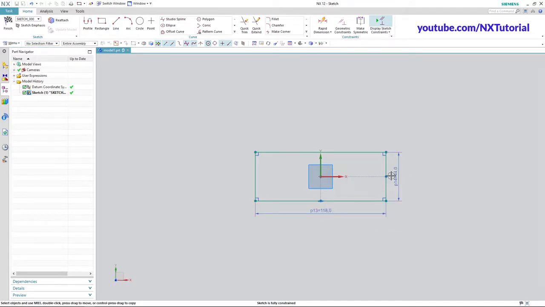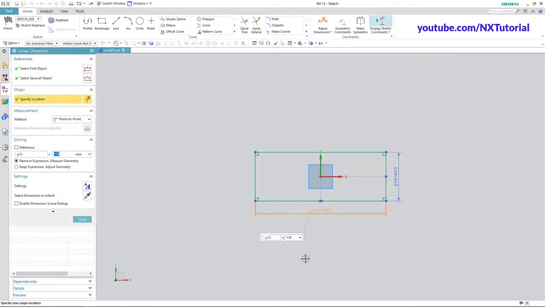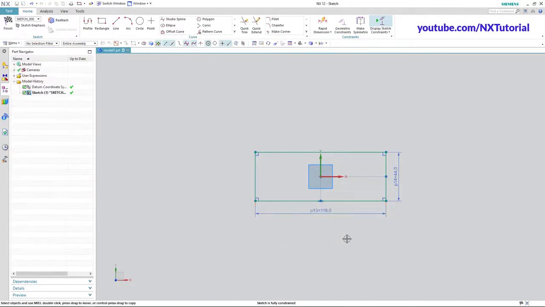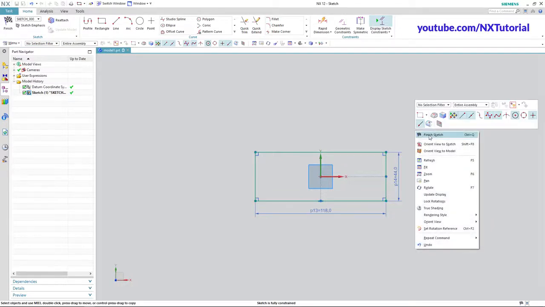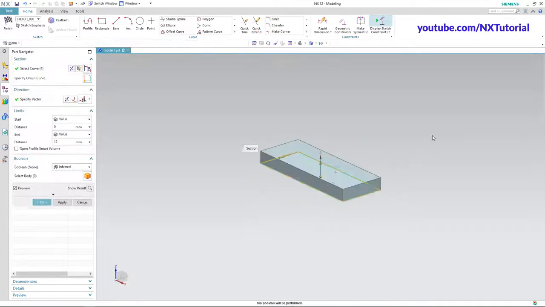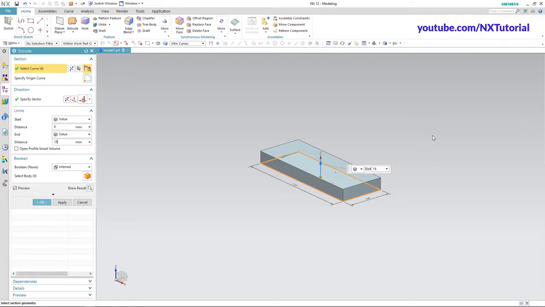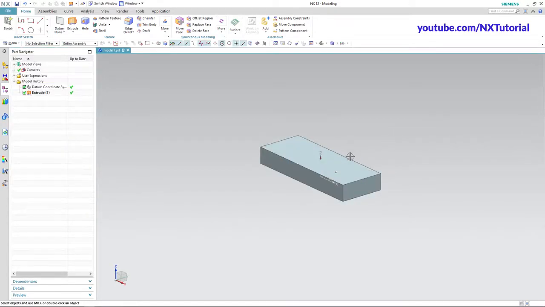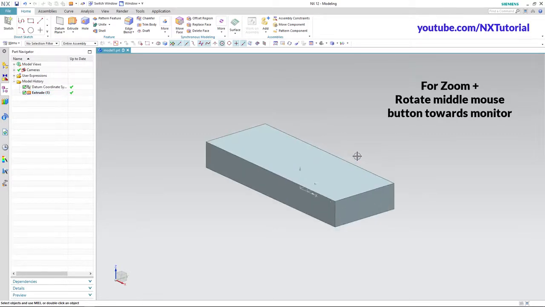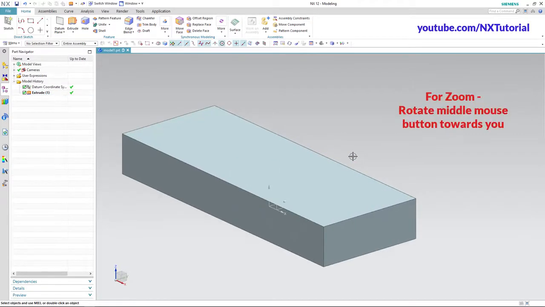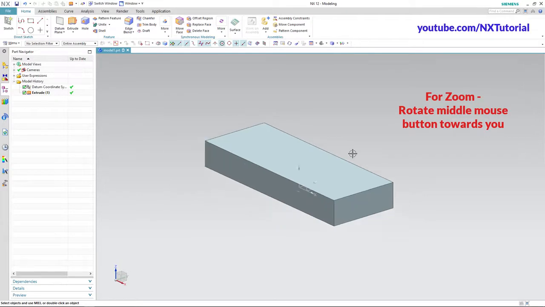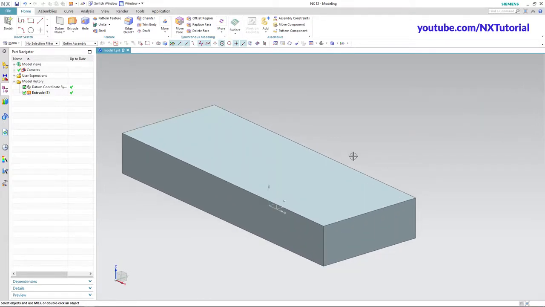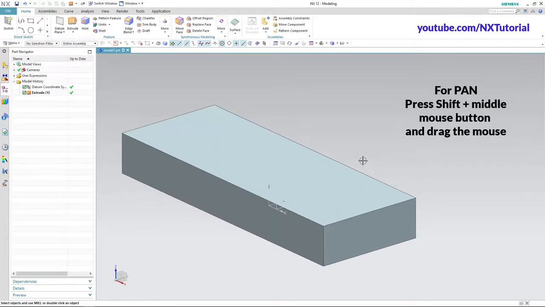And if you make any mistake in dimensioning, you can just double click on it and make changes. Press escape. Then right click and click on finish sketch. Then specify height of 16 and press enter. Then press middle mouse button. Then zoom there. For zoom, rotate middle mouse button towards monitor. And for zoom minus, you will have to rotate middle mouse button towards you. So zoom it. And for pan, you will have to press shift and press middle mouse button and drag the